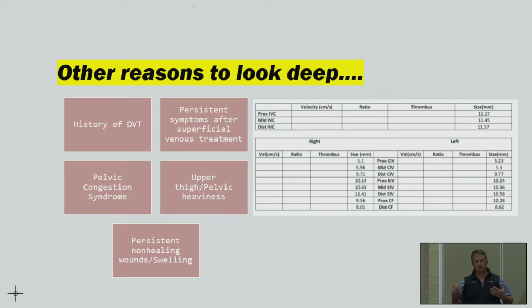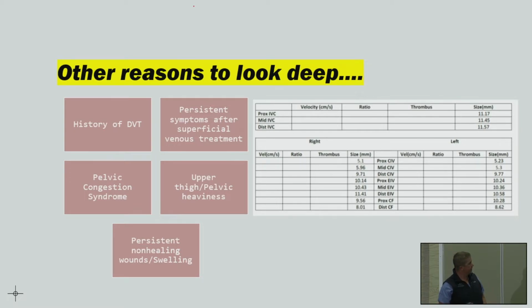When you're seeing a complex venous patient and you've got this venous pathology, if they've had, say, a lower extremity venous intervention before, you want to think to yourself, why is the patient not better? That's a situation where you do want to interrogate the deep system, be it either with a CT scan or ultrasound,